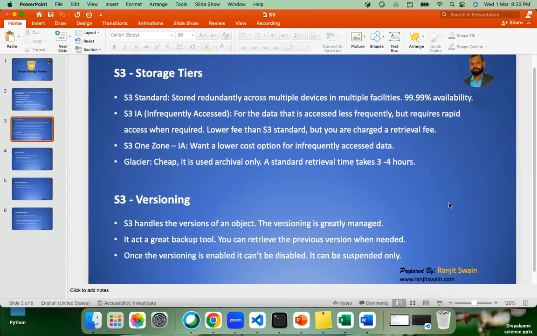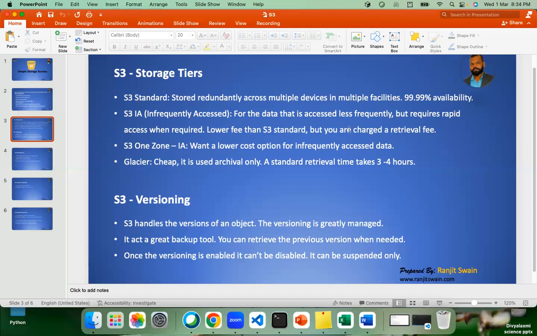Suppose something happens, like a natural disaster, a flood or an earthquake, and that particular availability zone's data center is damaged. That means you will not be able to access your data if you keep it in one zone. That's why they're providing it at a very lower cost,